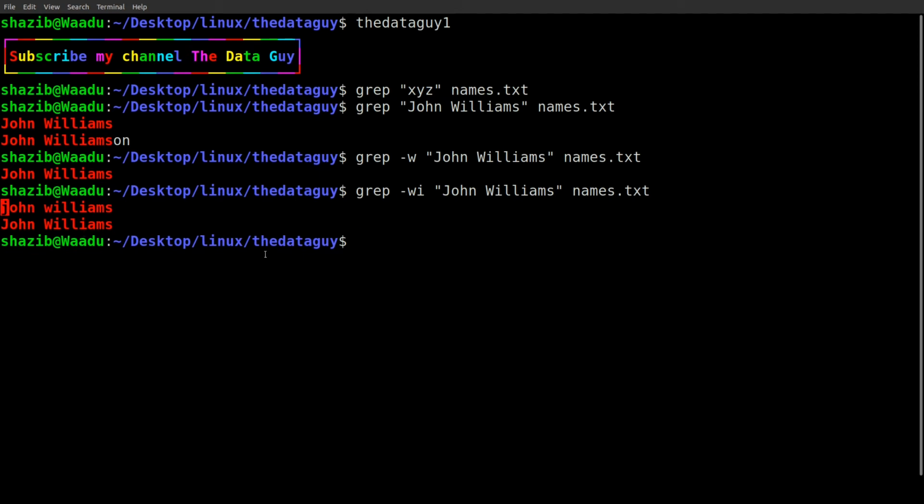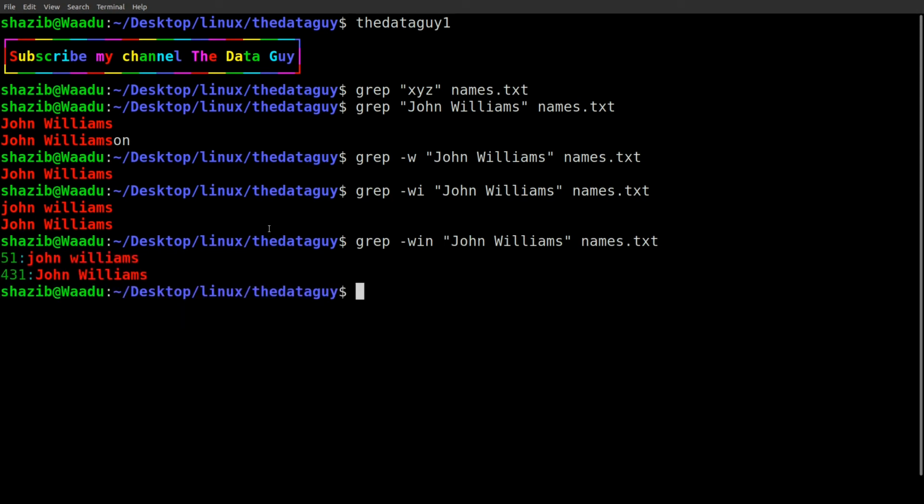And in any case, you want to print the line number which contains your search key or your search word, you're going to use the n flag. As you can see, the lowercase john williams is on the 51st line